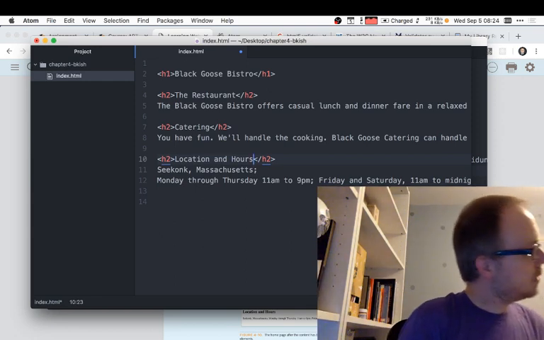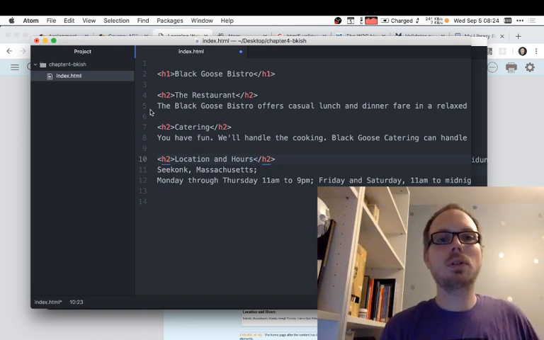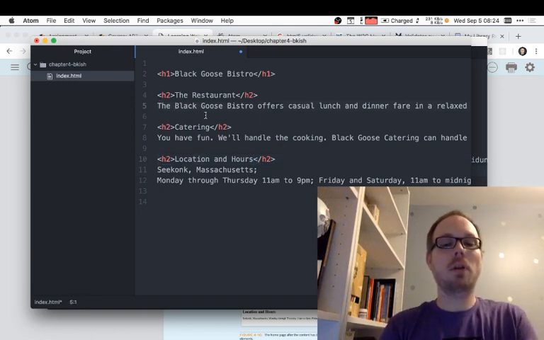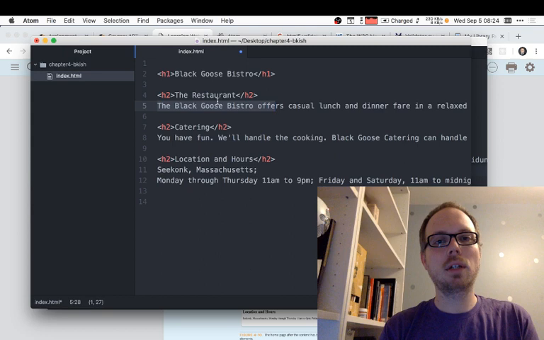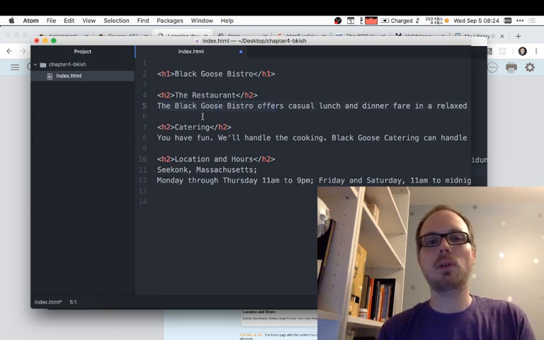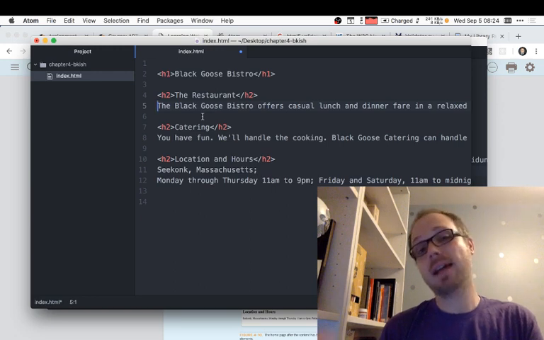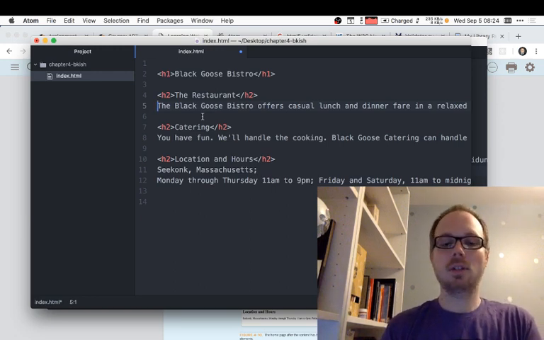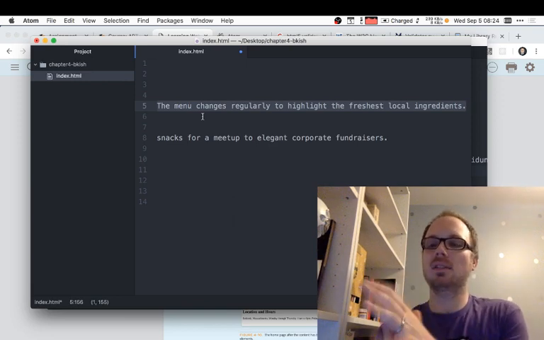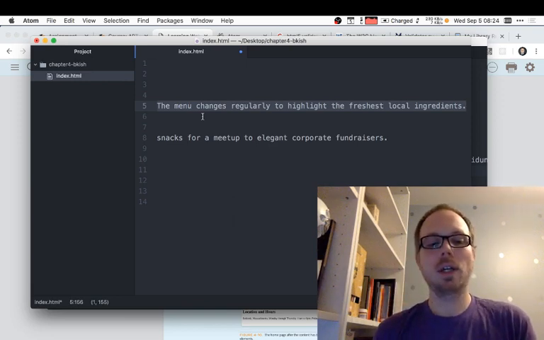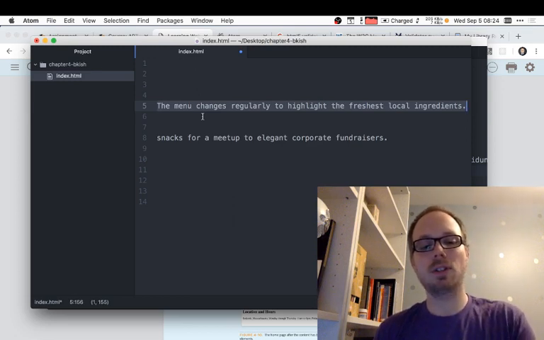The next thing that they ask us to do is put the paragraphs within paragraph tags. And for this, I'm going to showcase another handy feature. If you select a whole line, you can start your cursor at the beginning of the line and hold Shift, and on a Mac it's the Command key. Shift, Command, and then the right arrow key will take you all the way to the end of that line and select the whole line at once. Then I think you're able to hit another key command, which is Shift, Command,